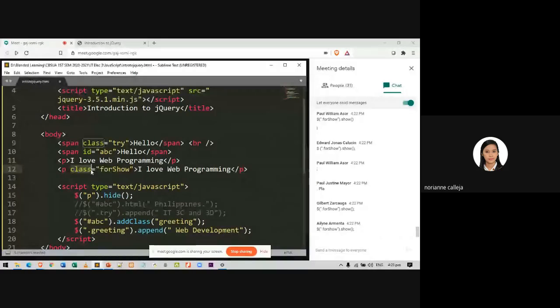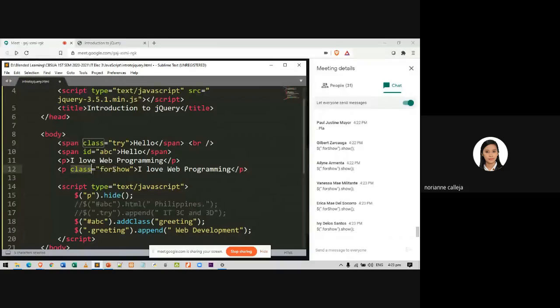So you have to use a class selector, and in order for you to use a class selector, you should use the dot notation. I have noticed there are some casing problems, or the proper casing of your class names.